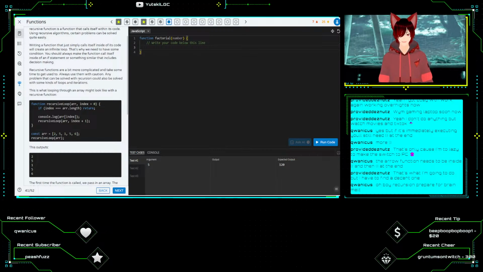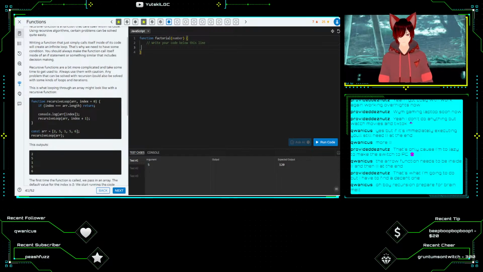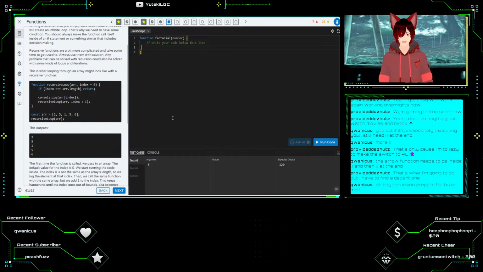Recursive functions are a bit more complicated and take some time to get used to. Always use them with caution. Any problem that can be solved with recursion could also be solved with some kind of loops and iterations. This is what looping through an array might look like with a recursive function. So our function is recursiveLoop. Our args are array and index equals 0. And in our curly brackets, if index